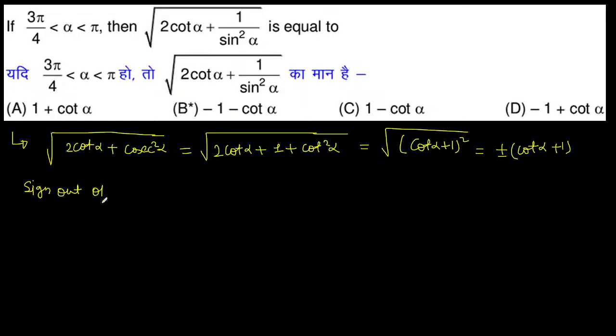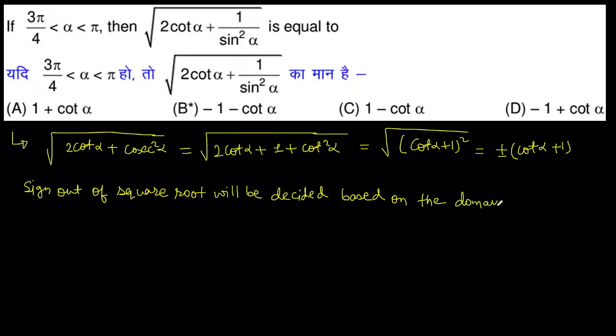साइन आउट ऑफ स्क्वायर रूट will be decided based on the domain of alpha। ओके,